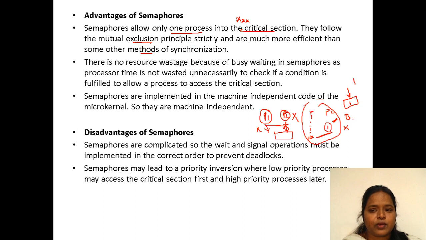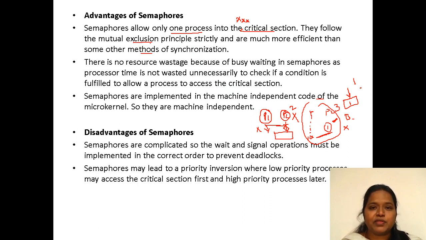If these three conditions are satisfied, then only can we say that the critical section problem has been solved. In order to satisfy all three criteria, Peterson proposed one solution, making use of semaphores, fine.